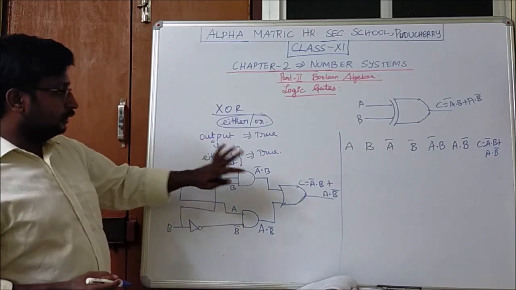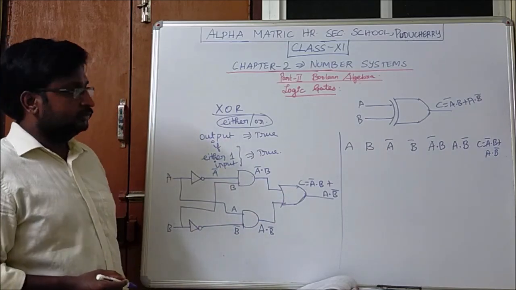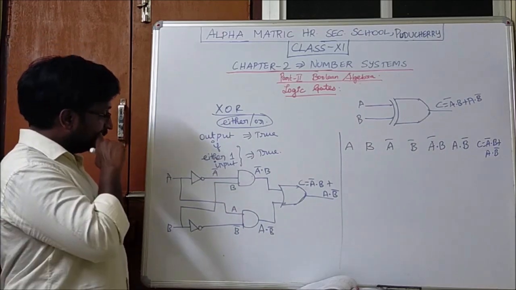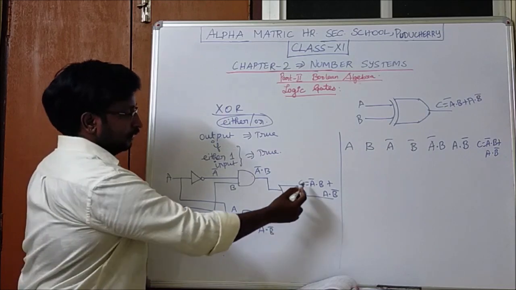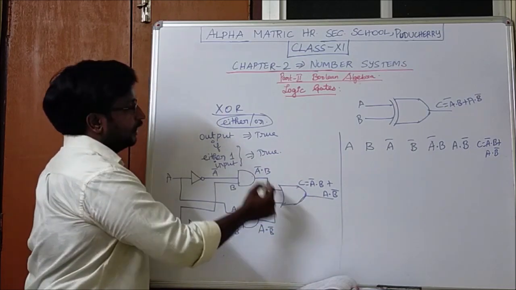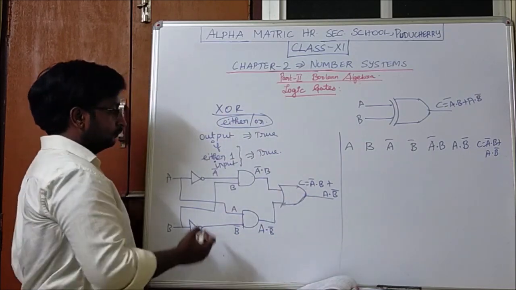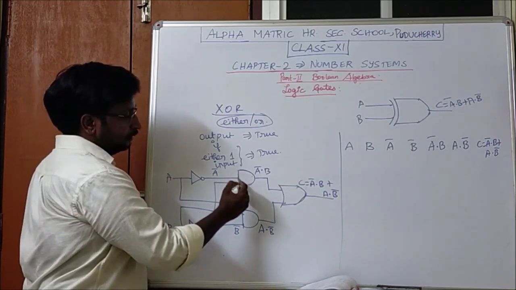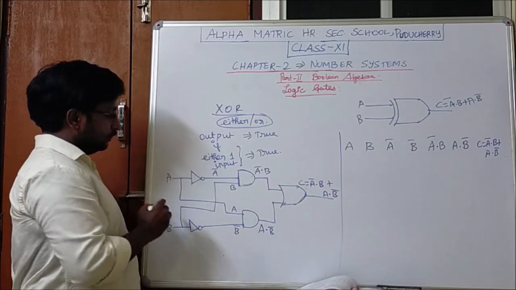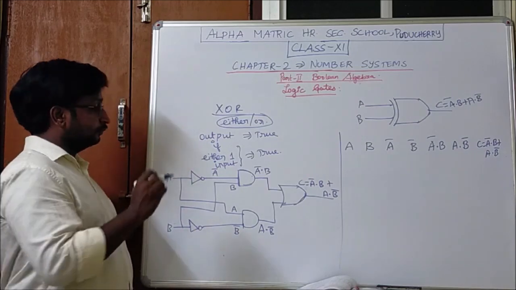So this is the logic circuit. Here you see two AND gates are used and the result goes to an OR gate, because we are using the XOR gate. Before that, you see the first AND gate. What are all the inputs? Here are the two inputs we are going to give.